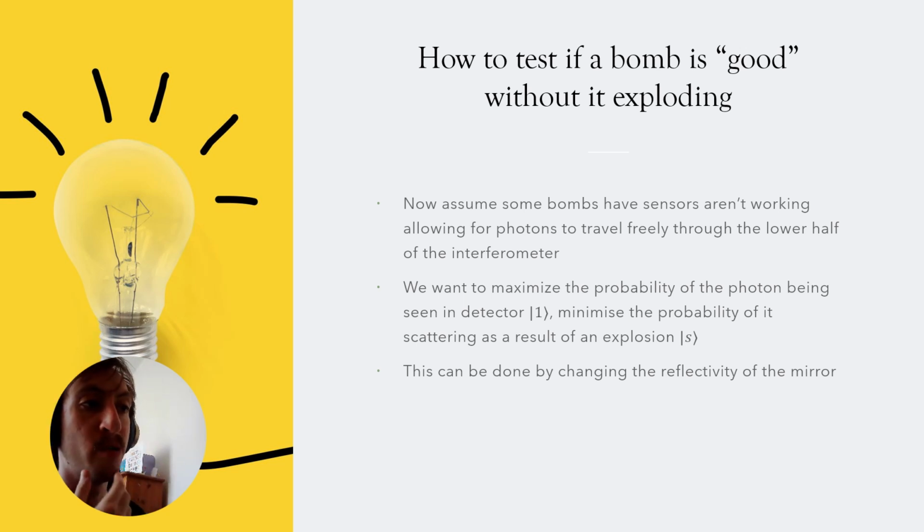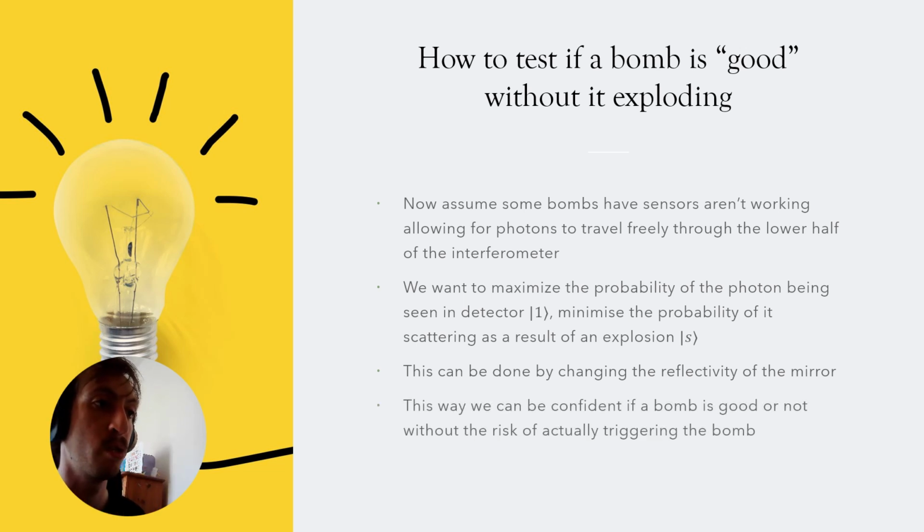And we can do this by changing the reflectivity of the mirrors, and if we want to go even further, we can put our VOM in a cavity, and we can actually get to the point where we have a pretty good chance of determining whether our VOM is active or not without much risk at all of the VOM exploding. So that's the VOM experiment for you. Now I know this is very, very strange. This bit of physics is very odd, and it's an intriguing bit of physics. But that's the magic of quantum mechanics.